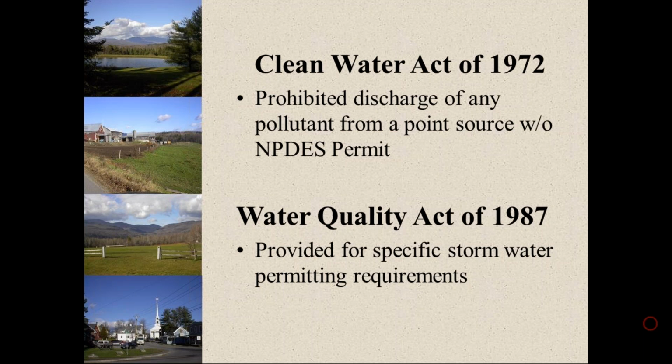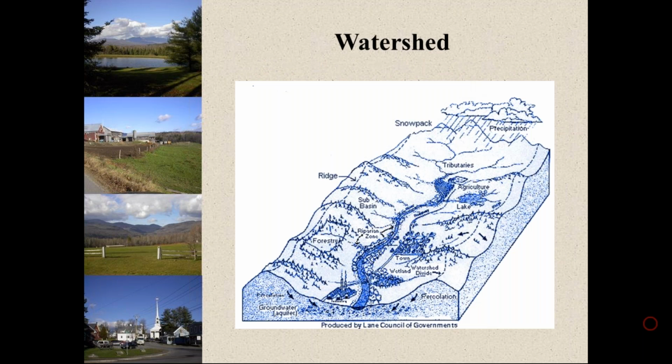Total maximum daily loads needed to be considered to deal with pollutant loads, and looking at all upstream properties to determine when point sources could not be determined. And this is really your specialty, Henry. Well, just TMDL, we haven't seen it really come up on the exam yet, but at some point it will, because local governments are having to react to it, because it's basically how much pollution can come from a sub-basin. And often based on a watershed, and that's what this next picture shows, is basically what is a watershed.